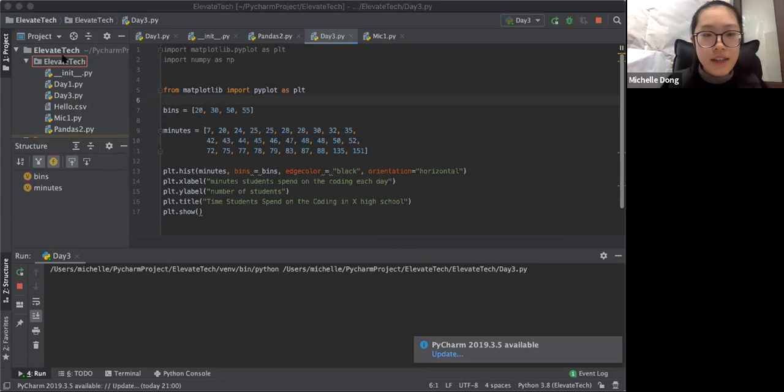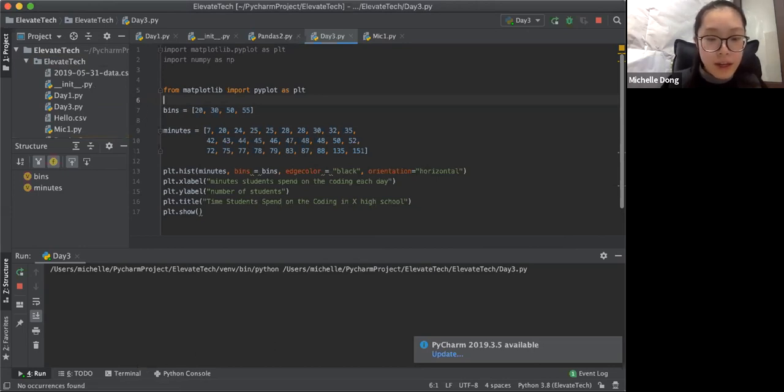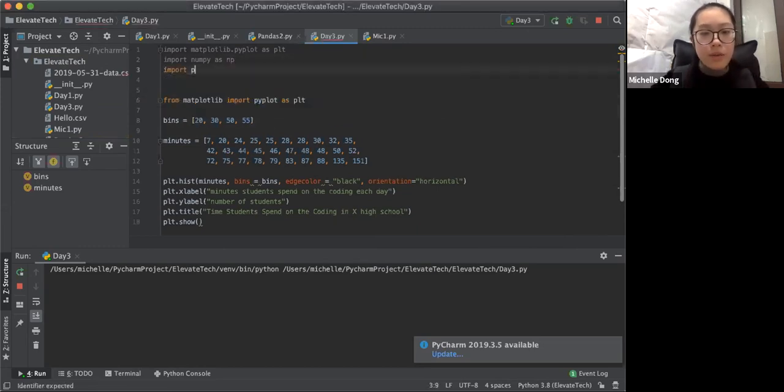I just drag the file to this, and it showed me that I need to save that. So I save that, and then what I can do is first import pandas as pd, and then